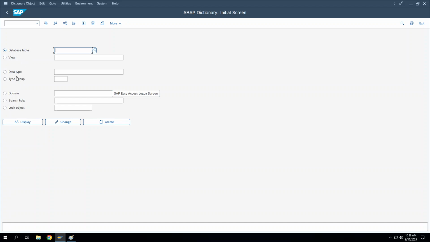Here you can see different options for database tables, views, data types. Let's first check database tables. Here you can access standard database tables provided by SAP as part of the standard solutions, standard applications. You can access, for example,